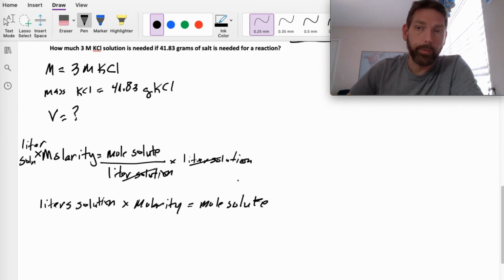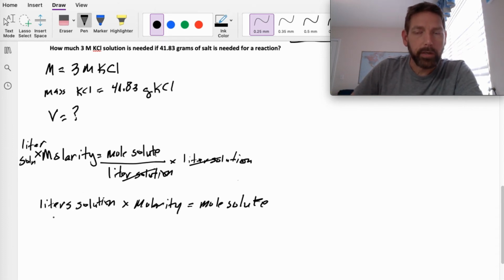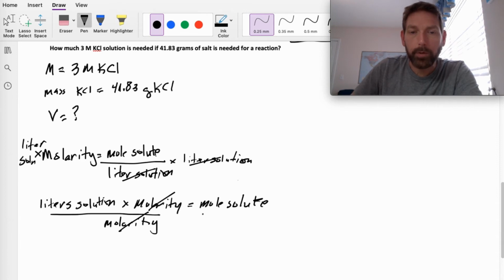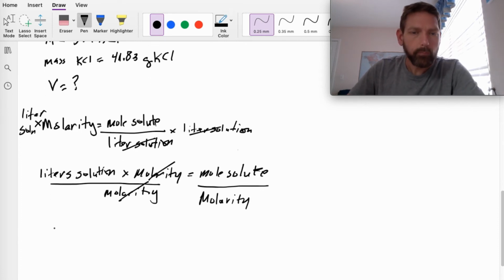So that's the reason I'm doing this right here. Okay. So again, we're trying to solve for volume. Means we need to get the volume part independent. We need to get it by itself. So obviously now on this side we would have to divide this side by molarity, so it cancels out, which means you have to also divide this side by molarity. So the new form of your equation, right, would be